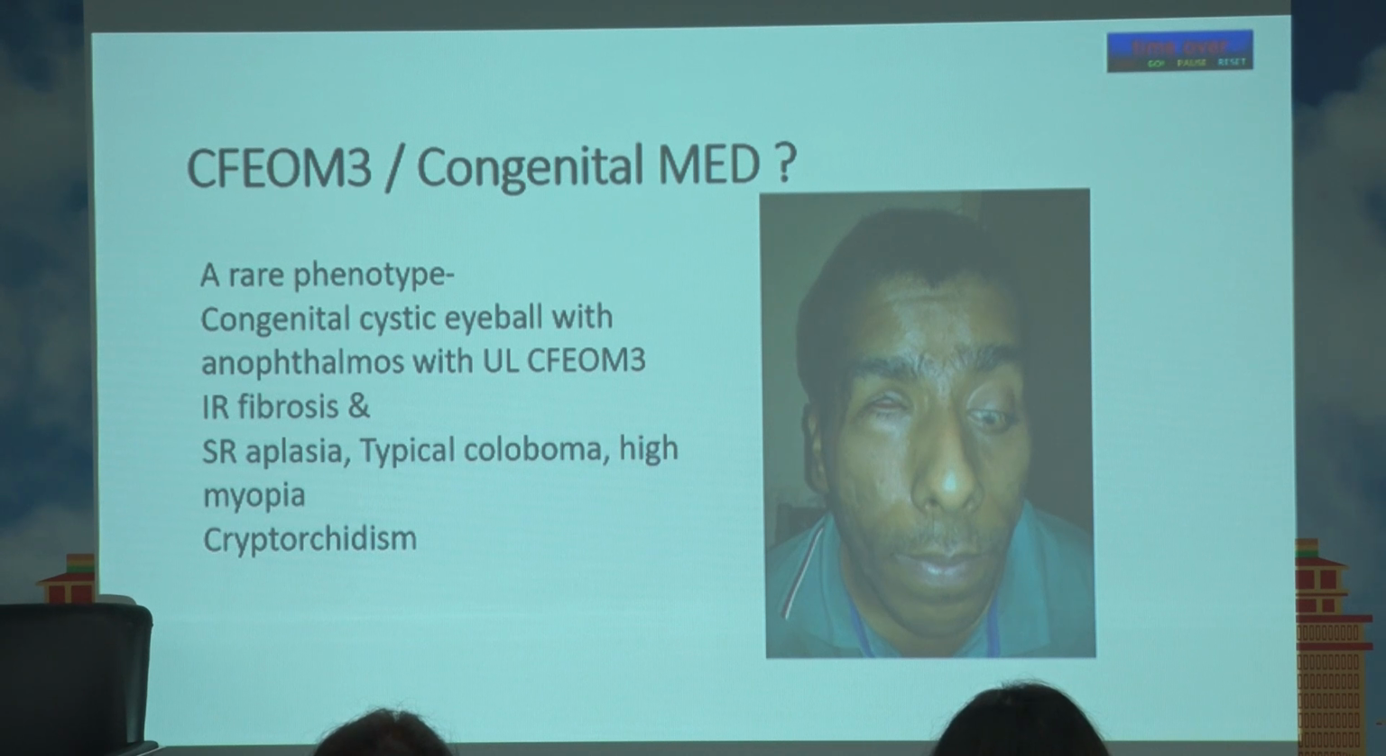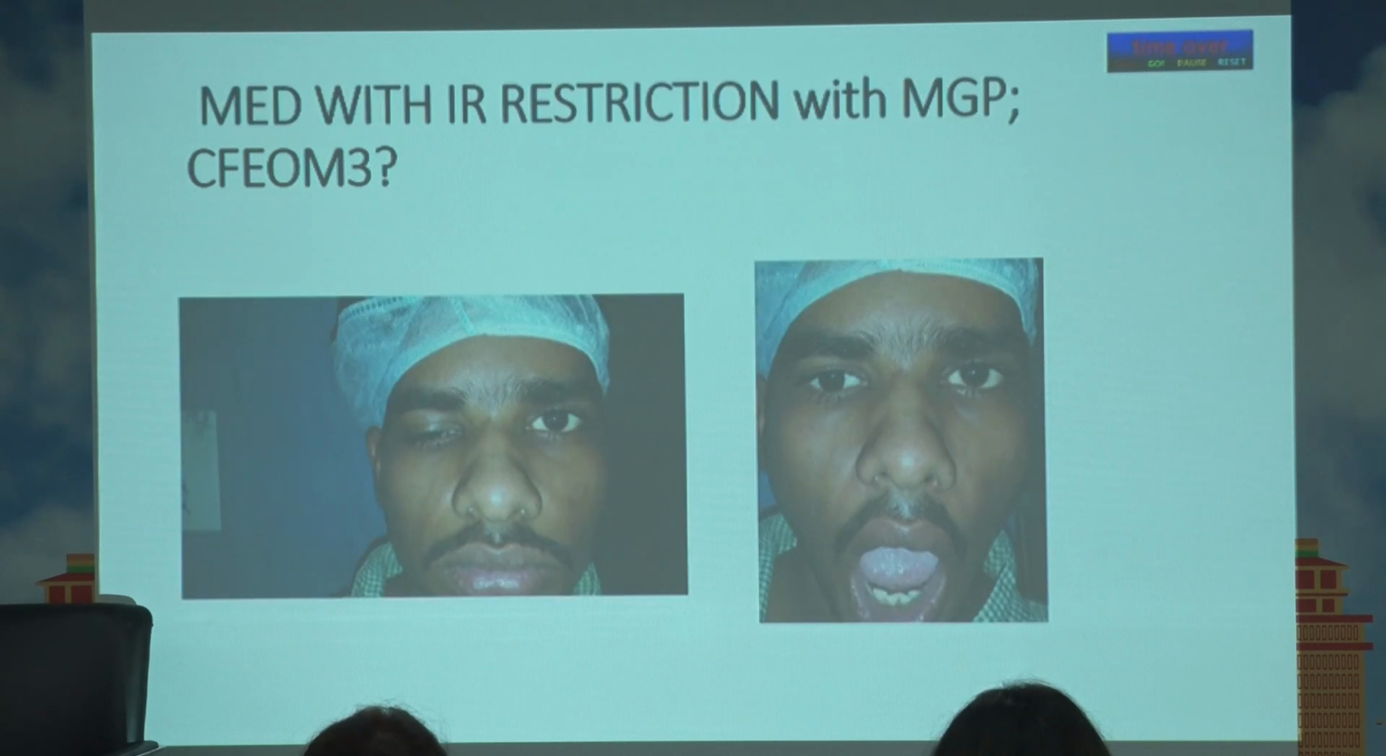So don't forget to look at them systemically, otherwise you will miss a lot of kidney issues, and cardiac issues can happen. This is showing you, I have very often seen MED with MGP. So all these MED which have iris restriction and MGP, a good number of these are CFEOM3 because of TUBB2B and TUBB3 which are presenting like this. So MED also needs to be looked at as a fragmented entity. MED is just a finding that the eye is not able to elevate. It is not a diagnosis. The problem is that we tend to make it into a diagnosis, which is not true. So some of these could also be